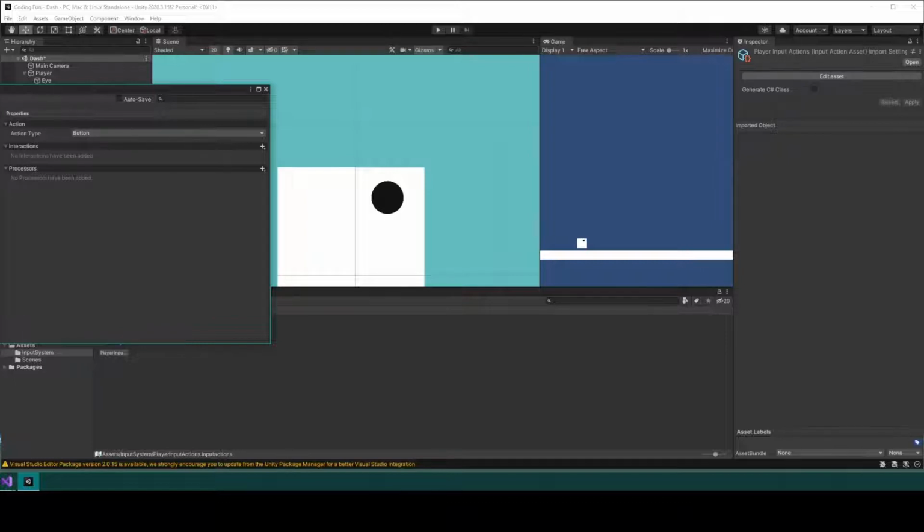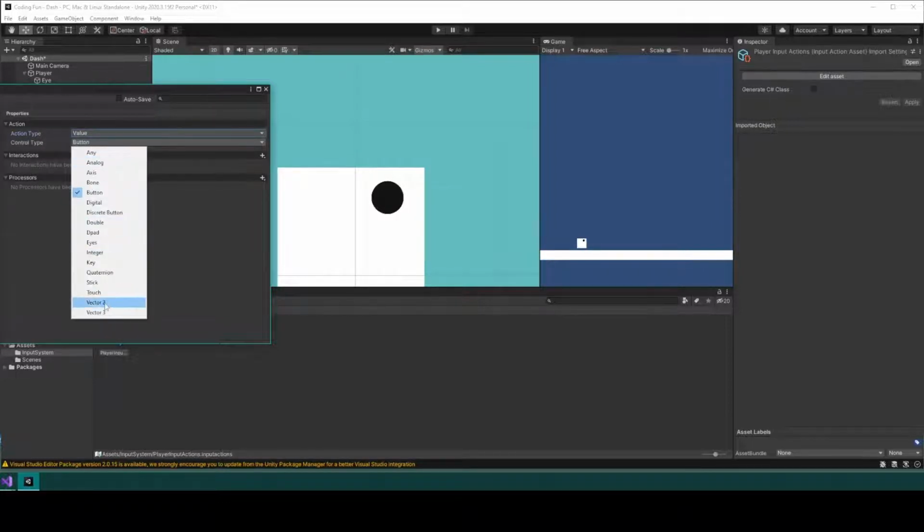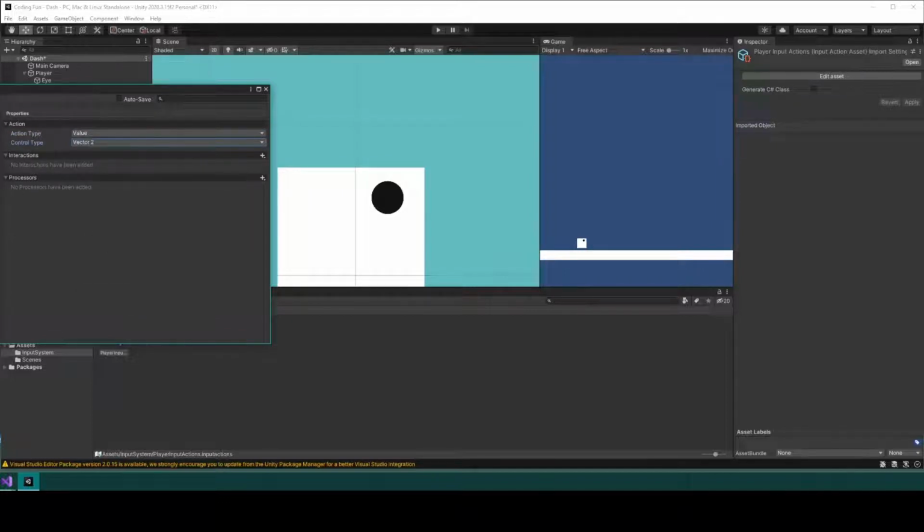So then we create a new action. We're going to rename this one as movement. We need to be able to move. Let's delete this binding. Now our movement is not going to be a button, it's going to be a value, and it's going to be a value of type vector2. So we need to add a 2D vector movement, we'll call it